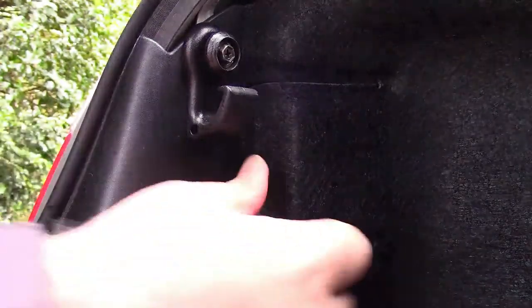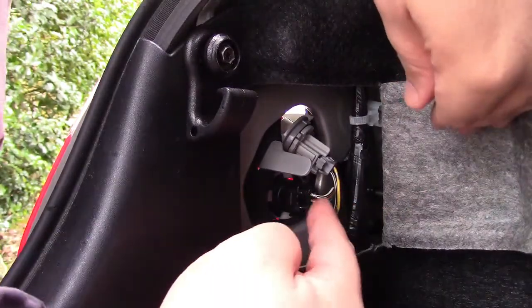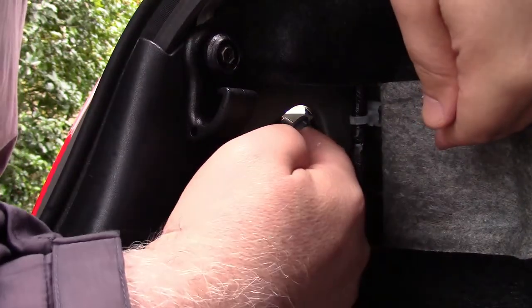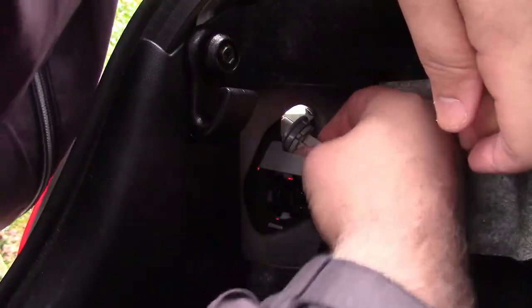So on this car, there's a little hatch. You just open it up just like that. And in here we can see 2 bulbs, one down here and one up here. This is the turn signal. You just verify on the outside. And the way it works very simply is you just grab it and you give it a twist. The camera unfortunately is a bit in my way, but you just give that a twist